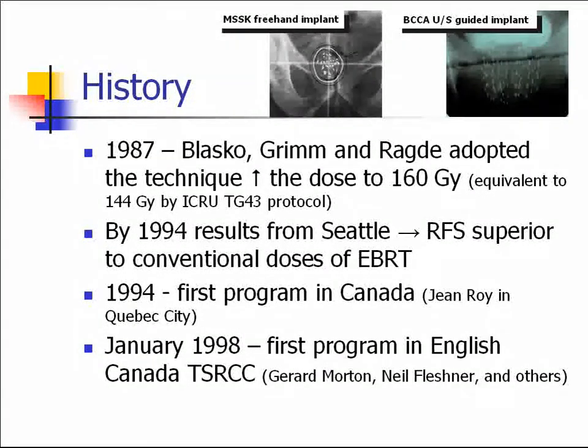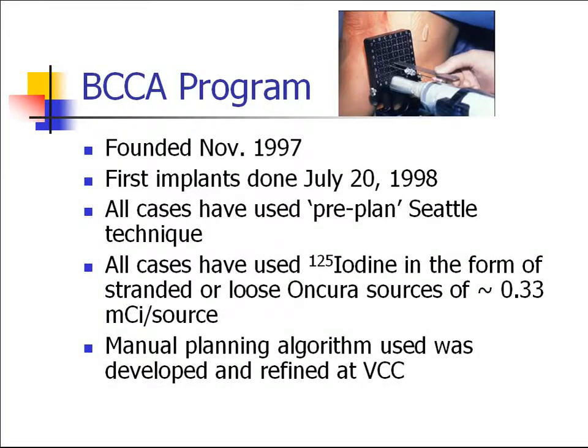The first program started in Canada under Dr. Jean Waugh, who subsequently, unfortunately, died at quite a young age in Quebec City. In January of 1998, the first program in English Canada began doing implants at the Toronto Sunnybrook Regional Cancer Centre. Our program was actually founded in November of 1997,